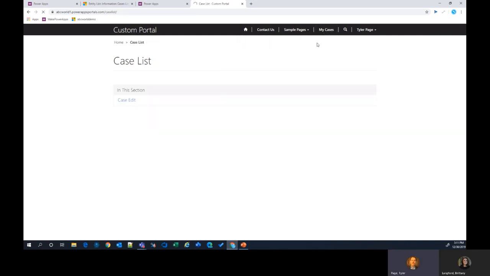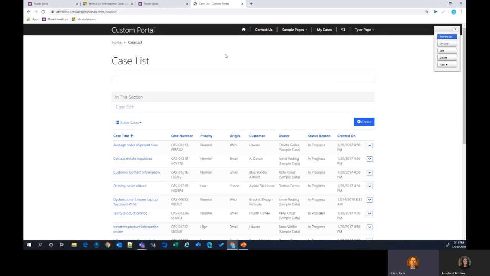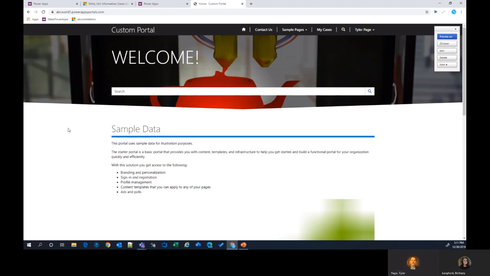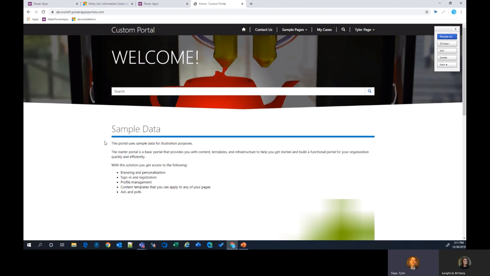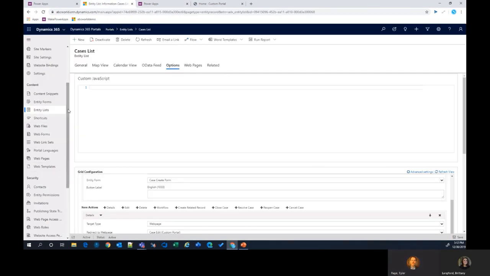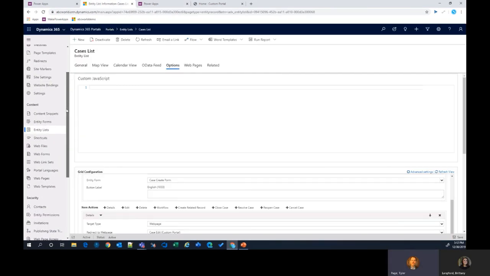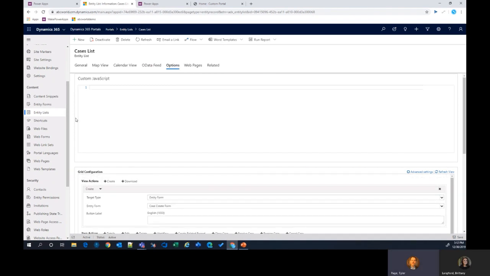All right, so to sum it up, what we did here was basically spin up a new portal, just a new Power app with a portal type of app. Once that spins up, and remember the first time it'll take a couple of hours, and then anytime after that, once all the solutions are there, it'll take usually just 5 minutes. Then you get to a page like this, and then you can start customizing it. I always recommend doing it in the actual unified interface app, just because it has everything you need and it's a lot quicker. And what we did here was create an entity list to show a list of cases,